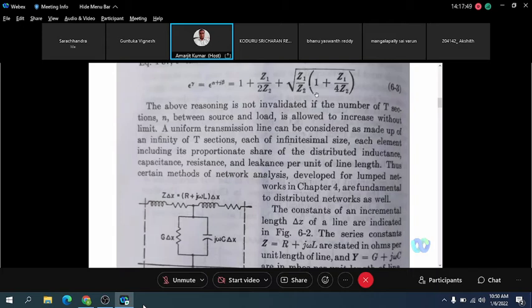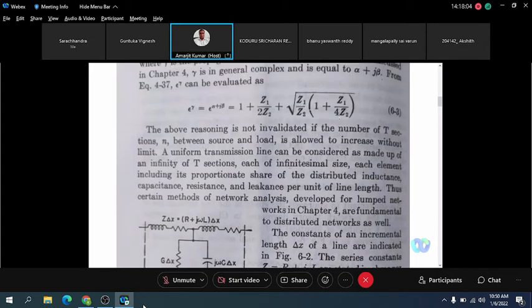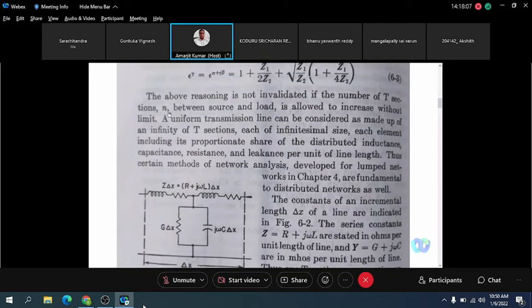This thing you know already, just now you have done e to the power gamma for the symmetrical T section. This is for one section, remember. If we have n number of sections, it is e to the power n gamma. Now suppose n tends to infinity, as I already told you, the input impedance will be equal to Z naught only. So for the distributed network, if we have infinite sections cascaded, consider one section with infinitesimal length delta x.